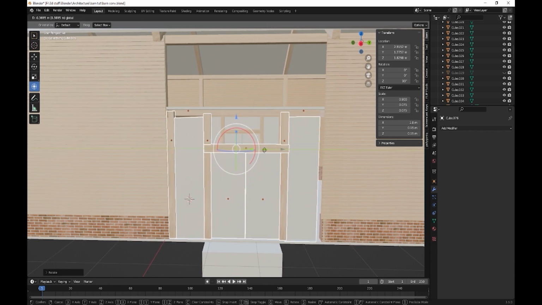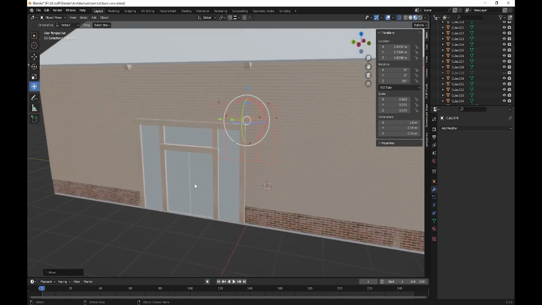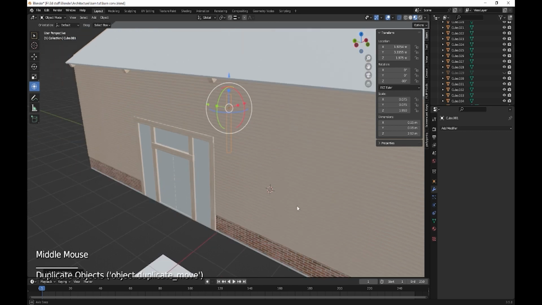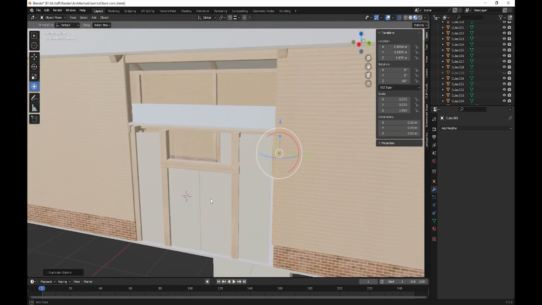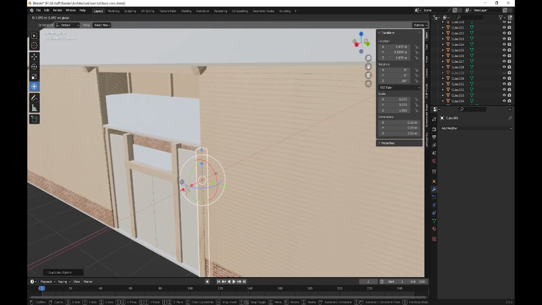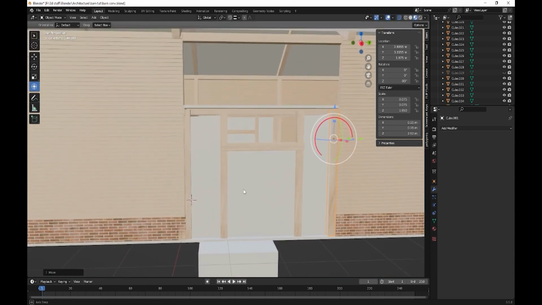Oh, we didn't bring the bar over, that's annoying. Shift D on the X, let's just pull that in like so. Let's just select all that again,